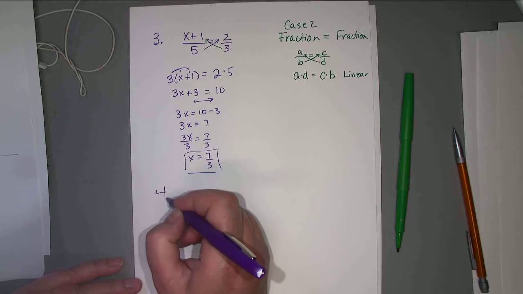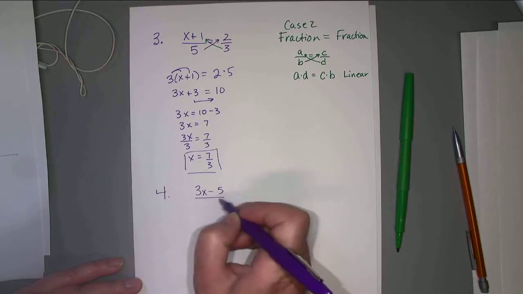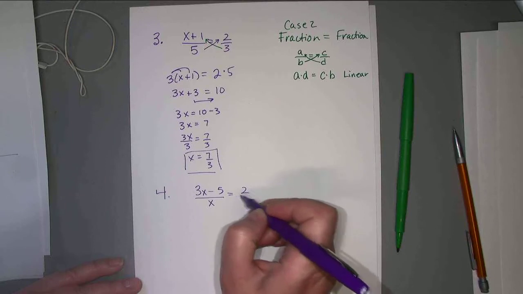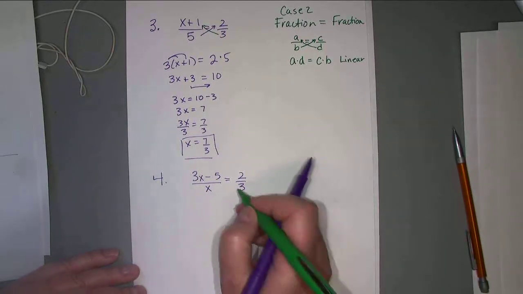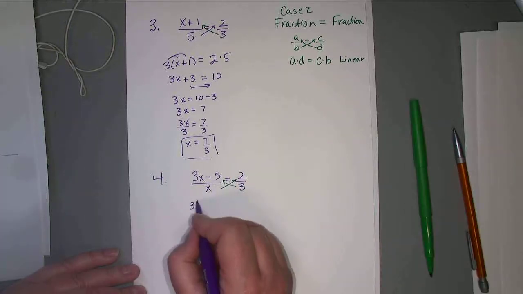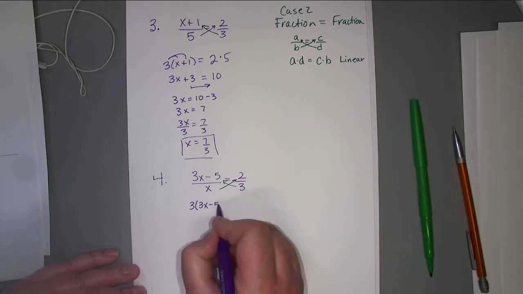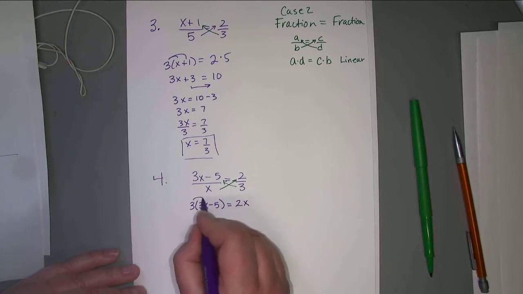Okay, number 4. Okay, same idea, fraction equals a fraction. We cross multiply the 3 on top and the x on top. So 3 times, make sure you put that in a bracket, and then x times 2. Multiply out your bracket,